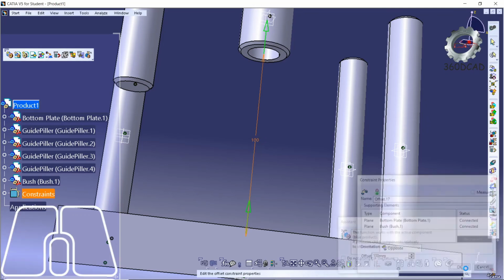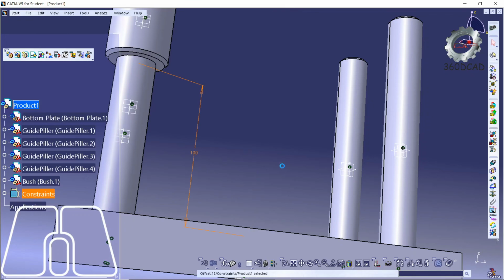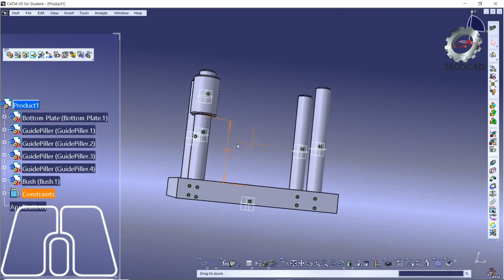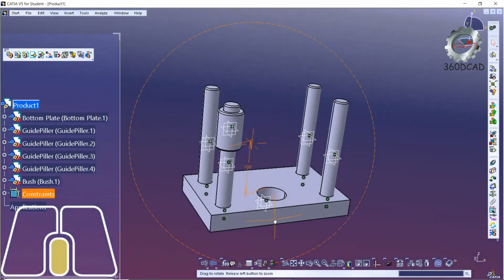OK, then click on OK and then update all. So just check that your bush has been added at the proper position.